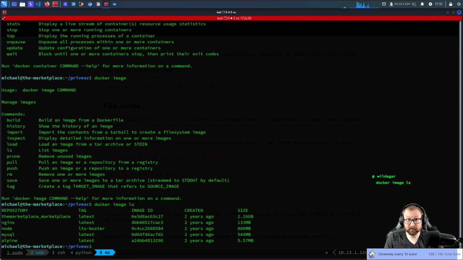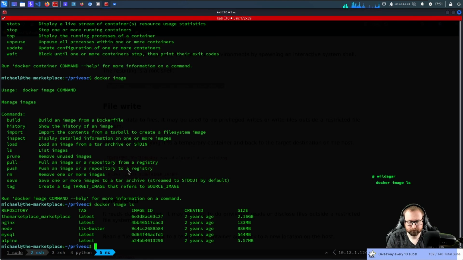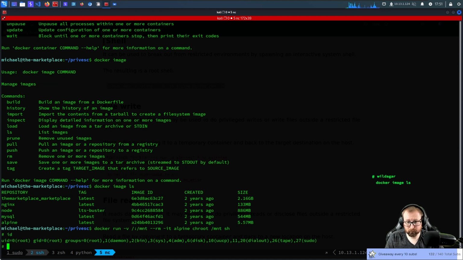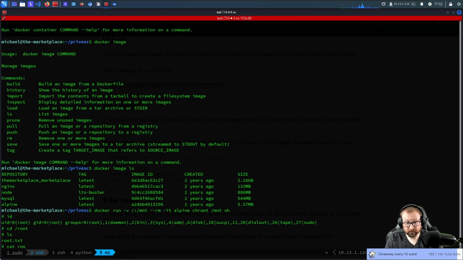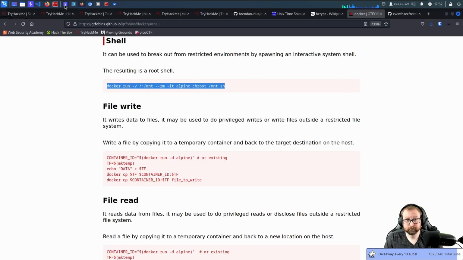We have Alpine, so we can just do this. We're root. It did chroot me, so we should be able to just cd into root and cat root.txt. What am I doing?